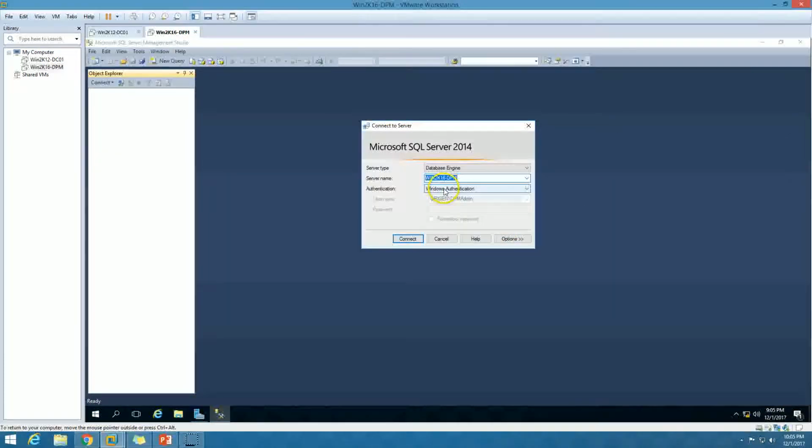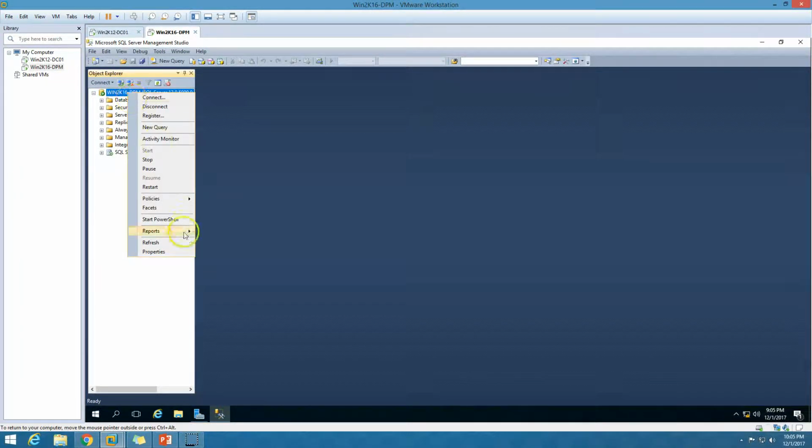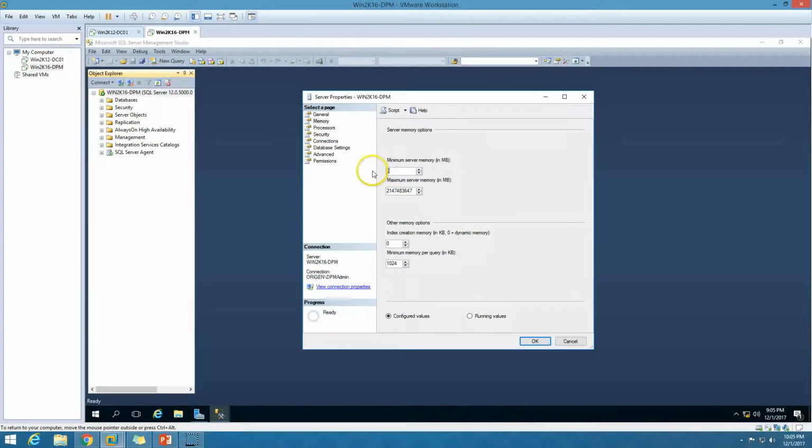We have Windows authentication and the server name, connecting to the database engine. So click connect, and here we are connected to the server, and I'm going to right-click, open properties, and under memory I'm going to define the minimum memory as 10 gig and the maximum memory I'm going to give 20 gig. Click OK,